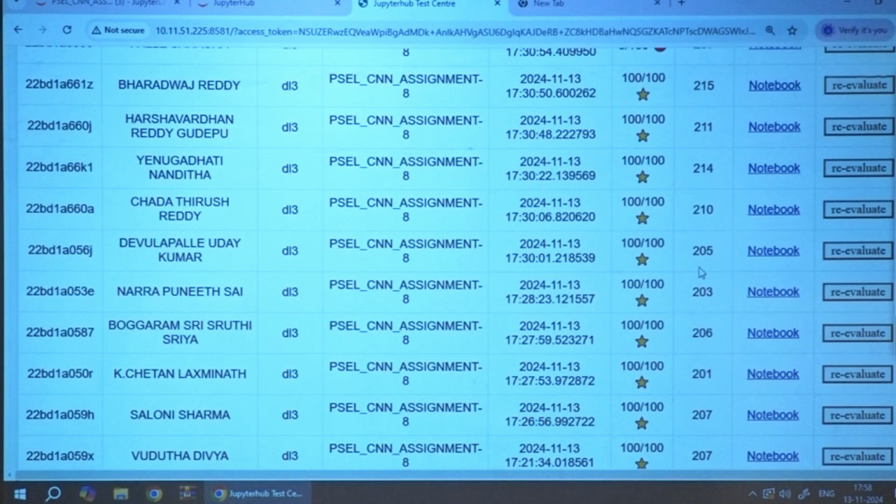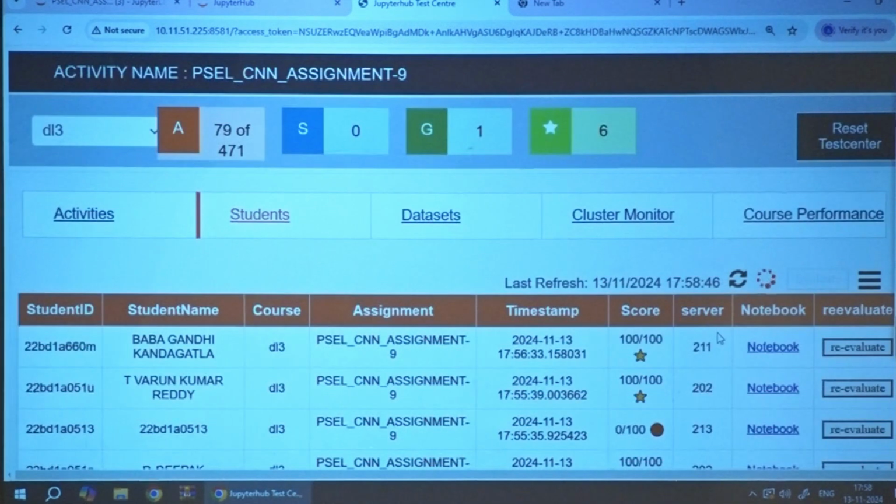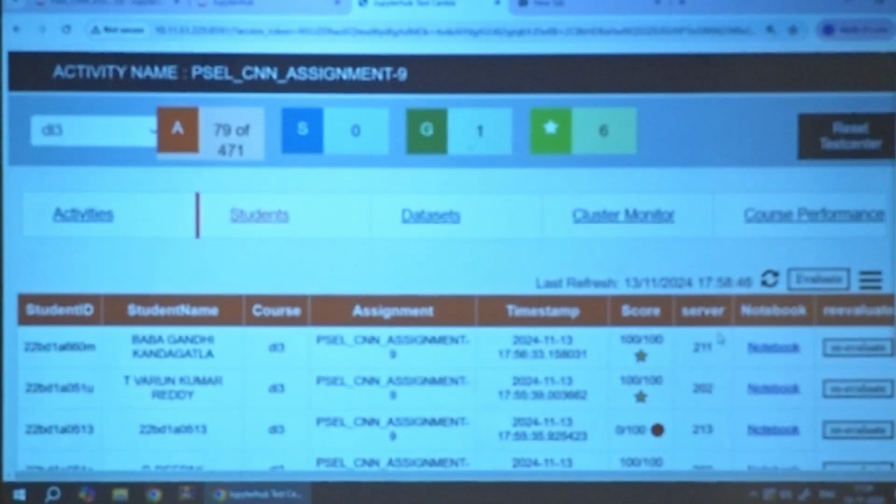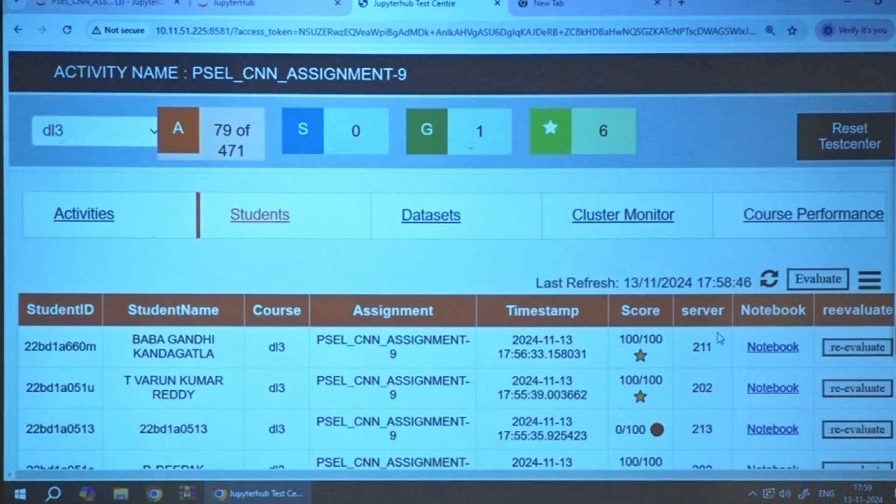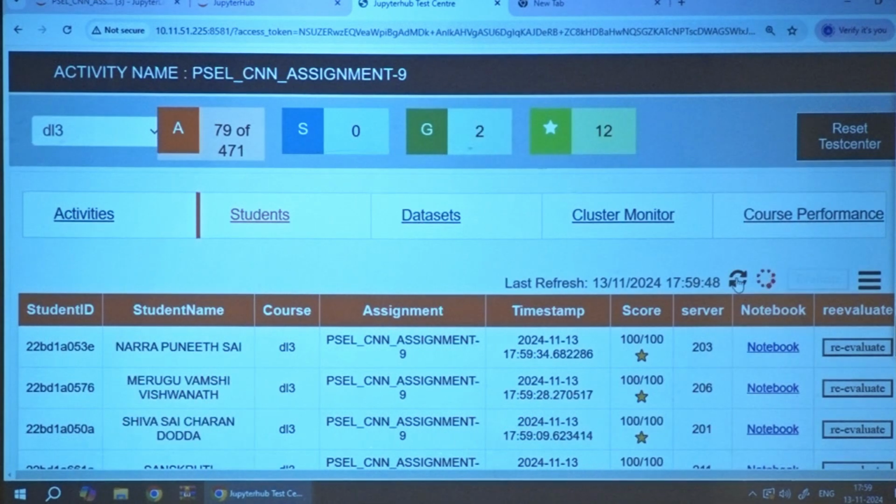Whether it is 5 or 10, I don't bother about it. I want you people to learn the concept. Please do not copy from others. Okay, even in this pooling layer there are 6 submissions, gradings. Hope all 6 of you were able to implement the logic by yourself. Done? Does anybody still need any part of the explanation? Okay, 12 gradings were there.